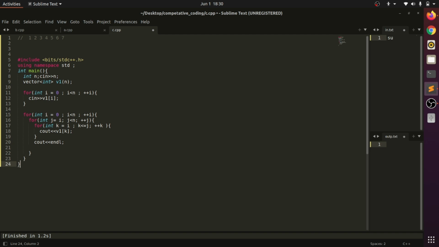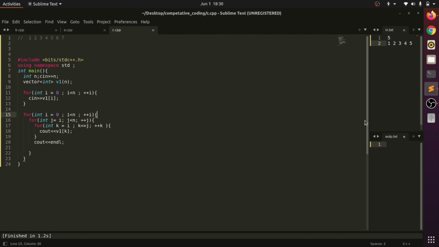Now we can all see the difference. For example, I am giving an array of size 5: 1 2 3 4 5.